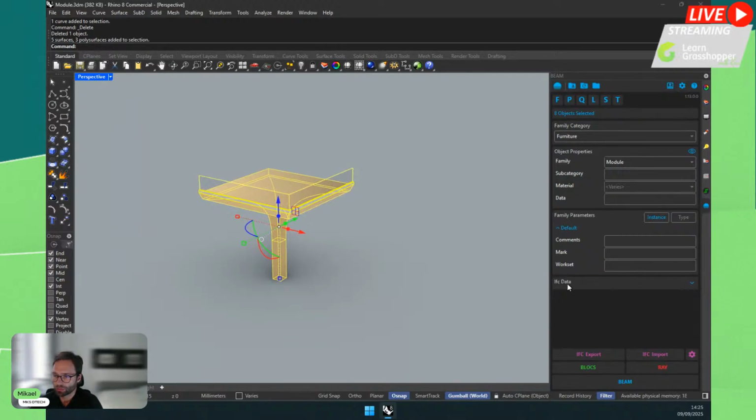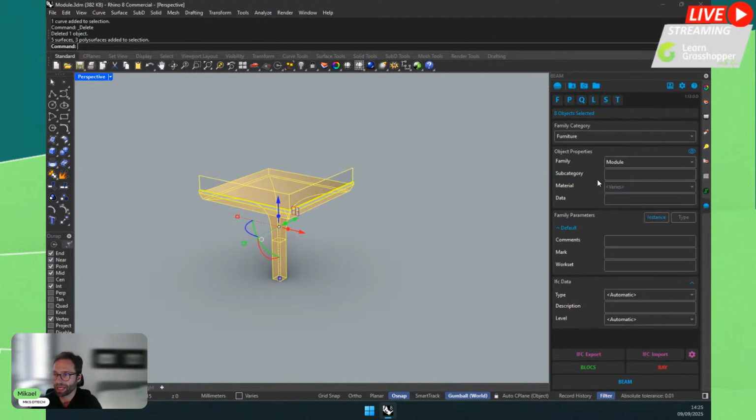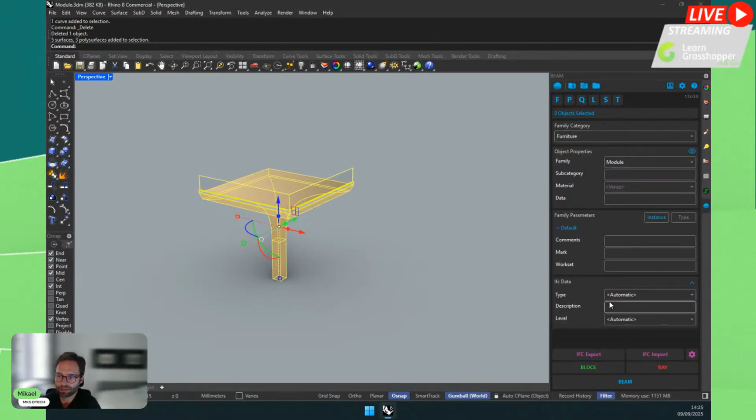Then on the bottom, I have some IFC data. And in this IFC data, I have a few more things related to IFC that I can change. So first of all, the type, and by default it is set to automatic. What does it mean? You guys know that IFC has a lot of types: IFC railing, IFC chimney, IFC column, etc. So by default, when you choose this kind of simplified Revit categories, we have a default mapping that will map